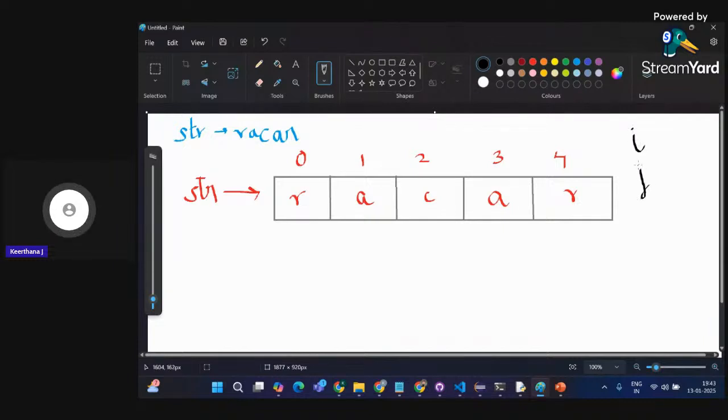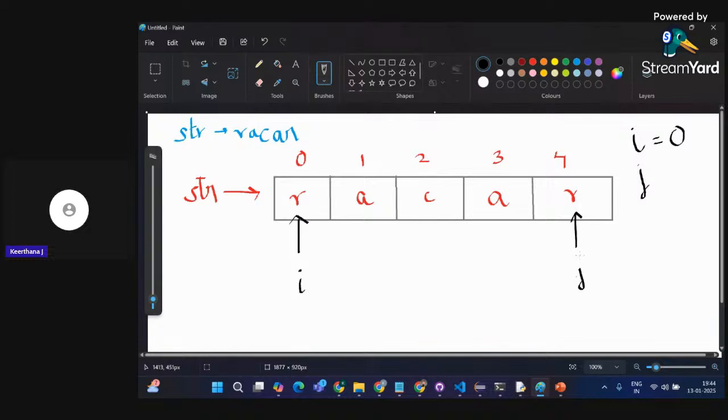Every time, you will initialize your i pointer as 0. Initially your i pointer will map to the 0th index of your string, and your j pointer should map to the last element present over here.